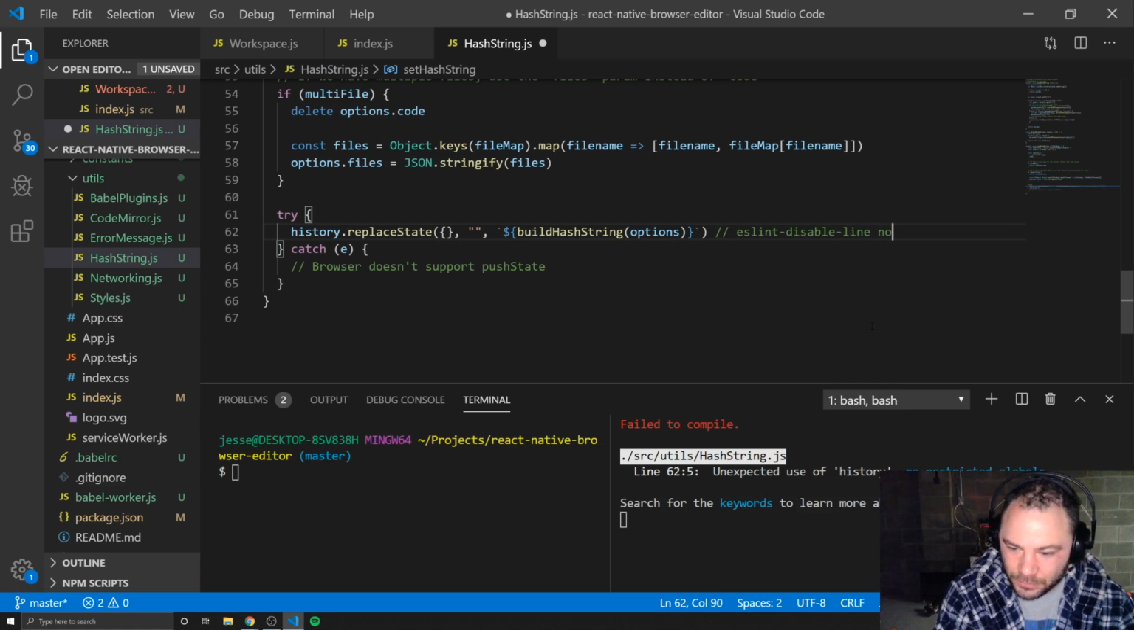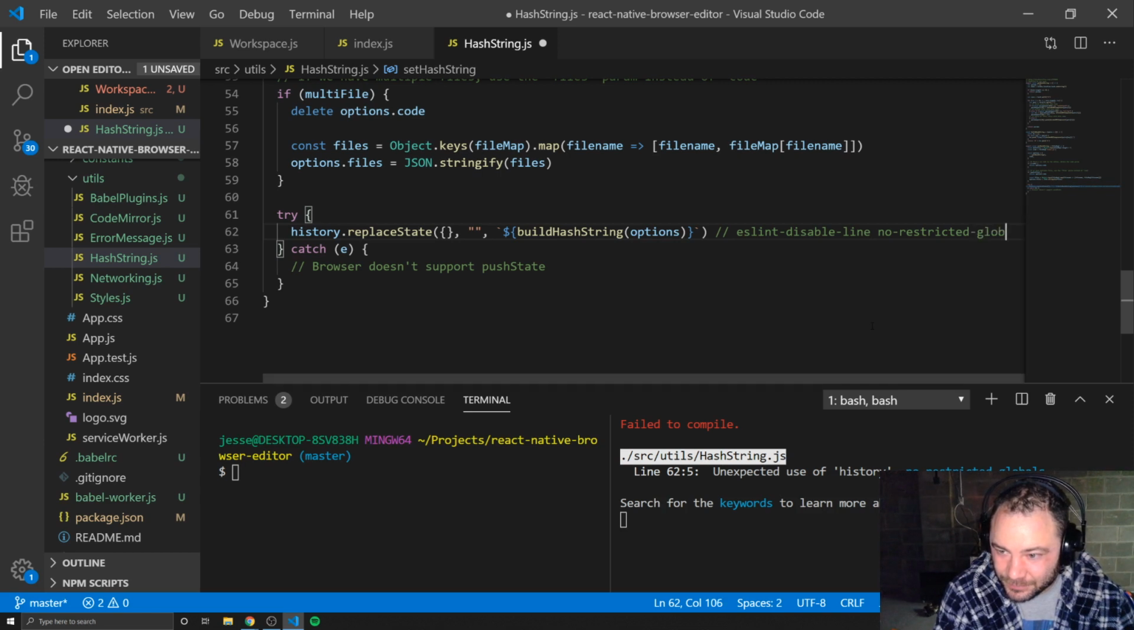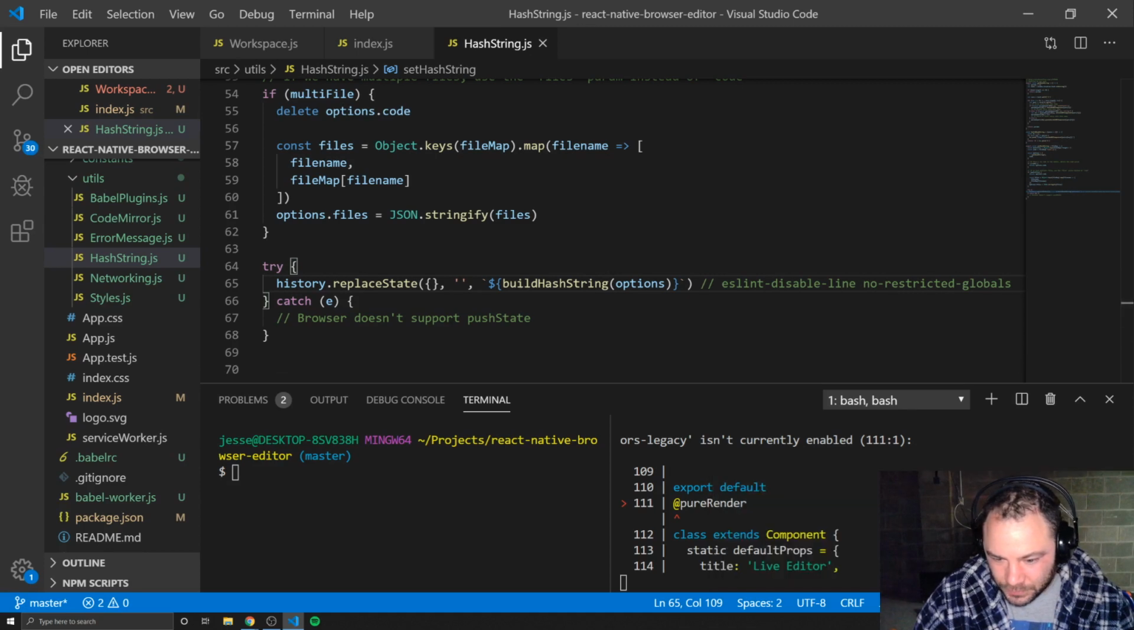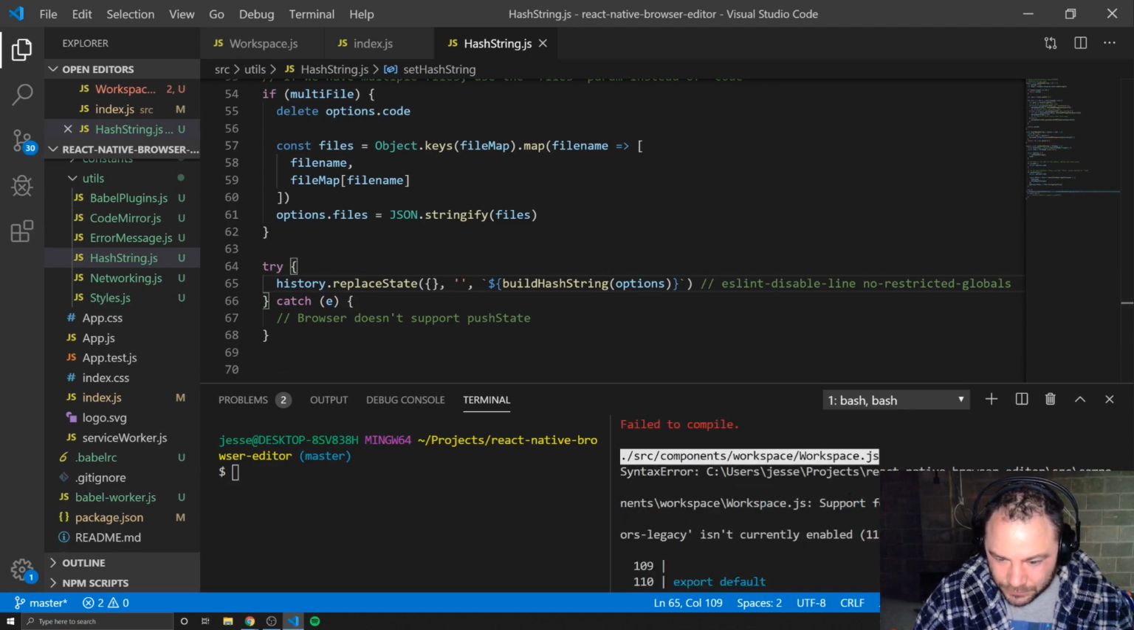Disable line, no. Restricted. Oh. Nice. And